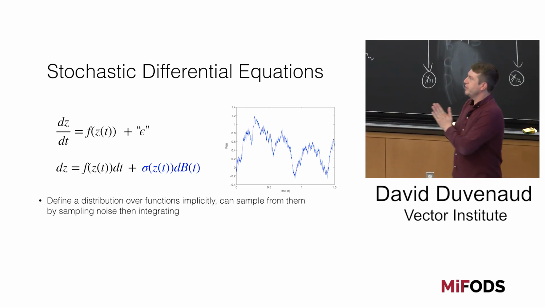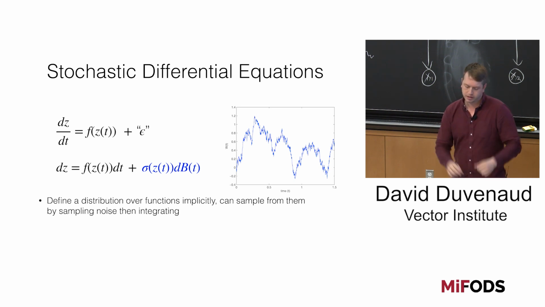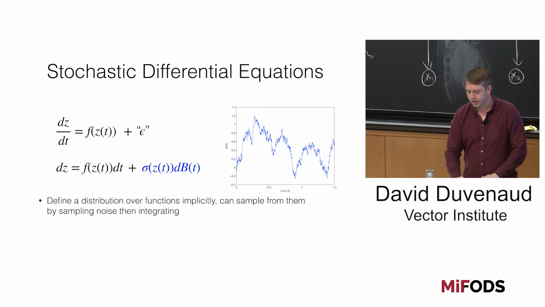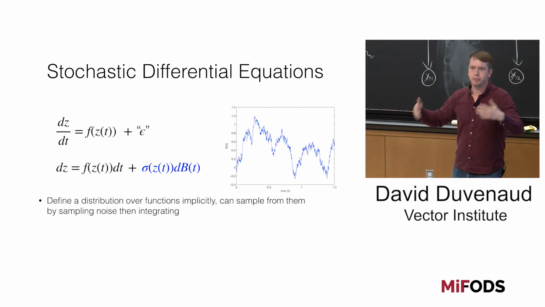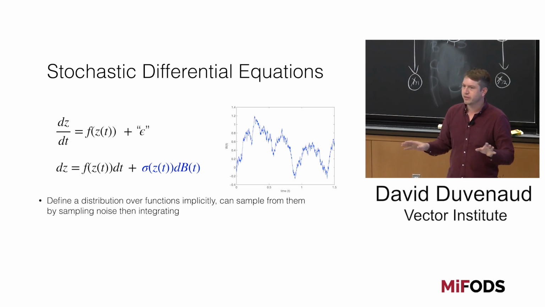So the formulation we're going to be working with here is that there's a deterministic part of our dynamics, and then a part that gets multiplied by random noise. And both this f and this sigma, again, are just whatever functions we want them to be. We can parameterize them by neural networks or whatever. Okay, any questions about the setup so far?